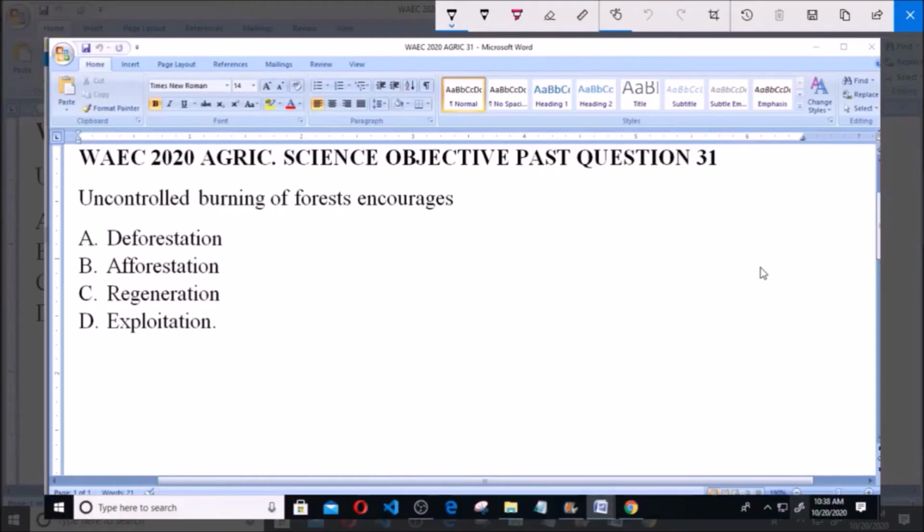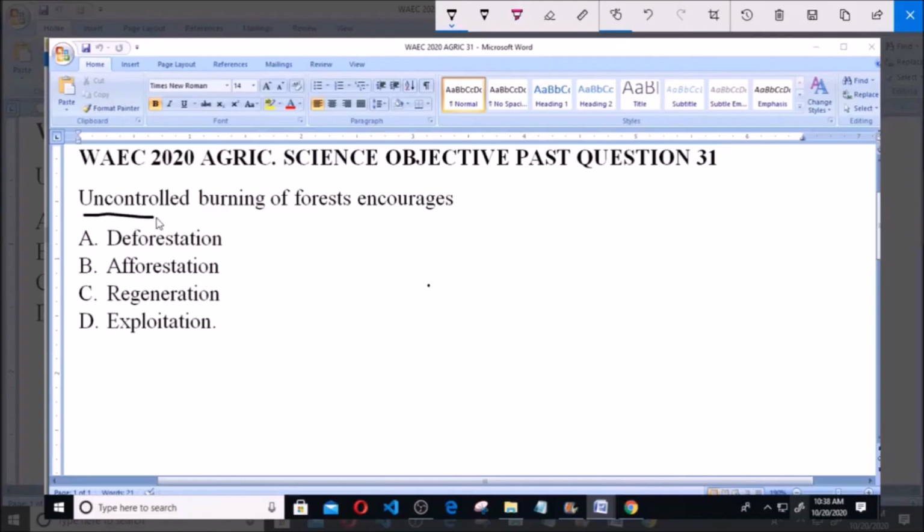WAEC 2020 Agric Science Objective Past Question 31. Uncontrolled burning of forests encourages A. Deforestation, B. Afforestation, C. Regeneration, D. Exploitation. So